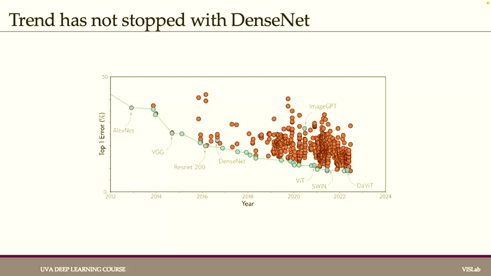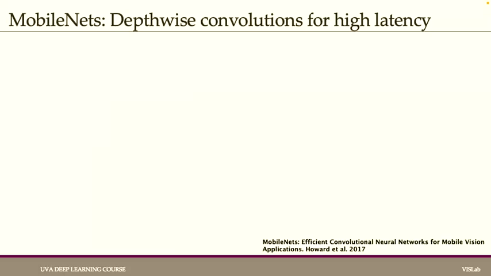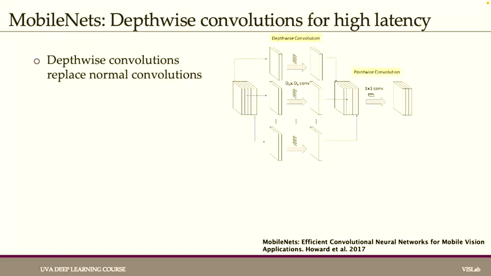All right. Another important neural network architecture are MobileNets. They were the ones which really used what's called depth-wise convolutions to the full extent for getting networks which run on your mobile phone, which can be extremely fast. So what are depth-wise convolutions? The idea is you replace a standard D by D